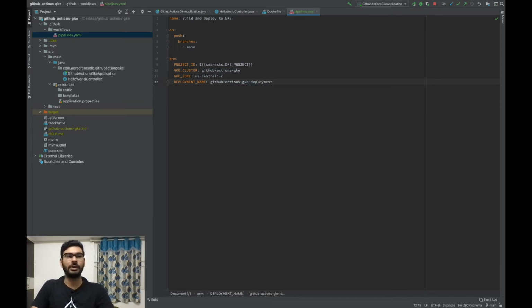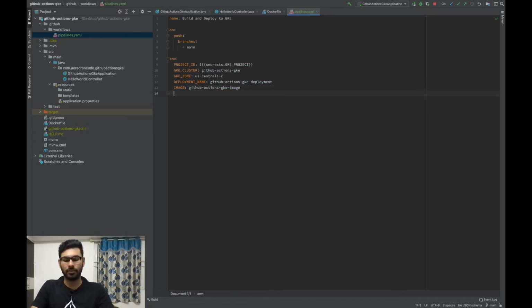I'll name it GitHub Actions deployment. Next thing that we need is the image name. The image name with which the image will be created. So you can create image and you can give GitHub Actions GKE-image. So these are the environment variables that we will be requiring.